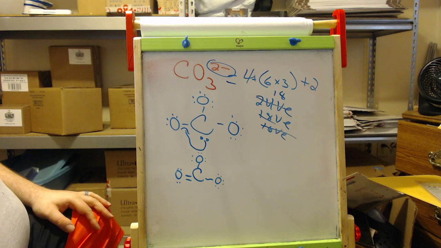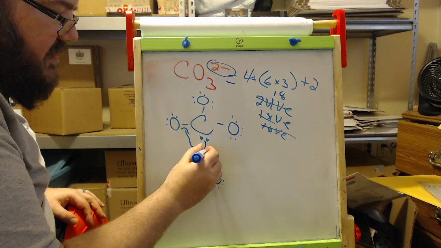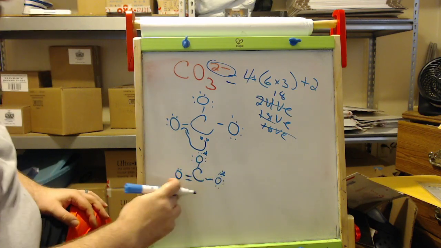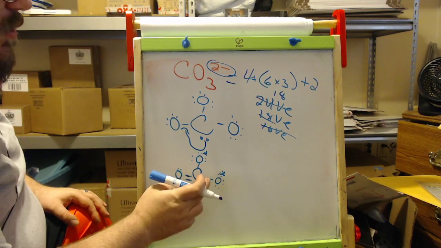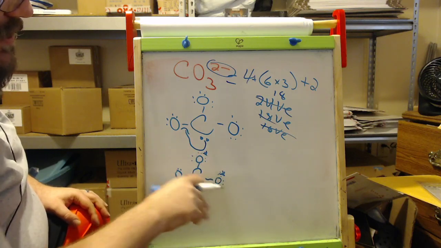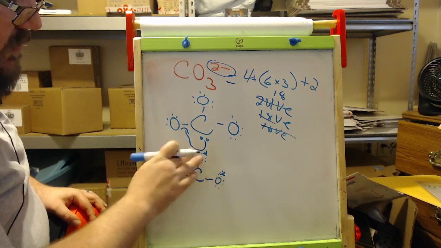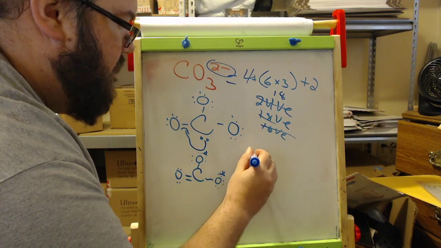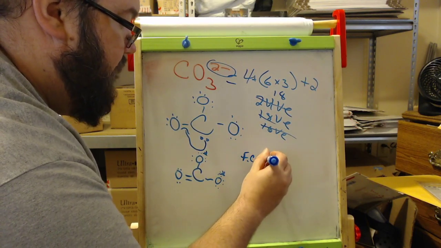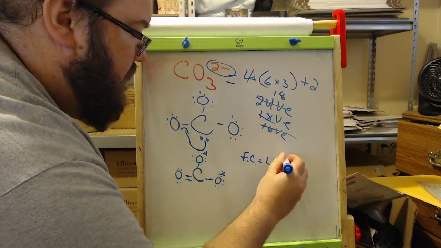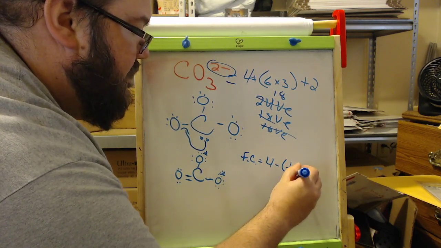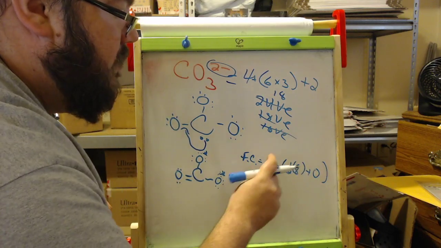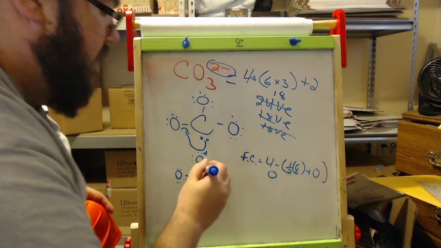Hopefully it is. Now these oxygens are the same. I'm going to put little stars next to them. These are the same, and that oxygen's different. So we have 3 formal charges, 1 for carbon, 1 for each of these oxygens that are the same, and 1 for this oxygen here. So the formal charge for carbon is going to be 4 minus 1/2 of 8, 1/2 of its bonding, plus its non-bonding. It has no lone pairs, 0. So 4 minus 4, 0 for carbon.